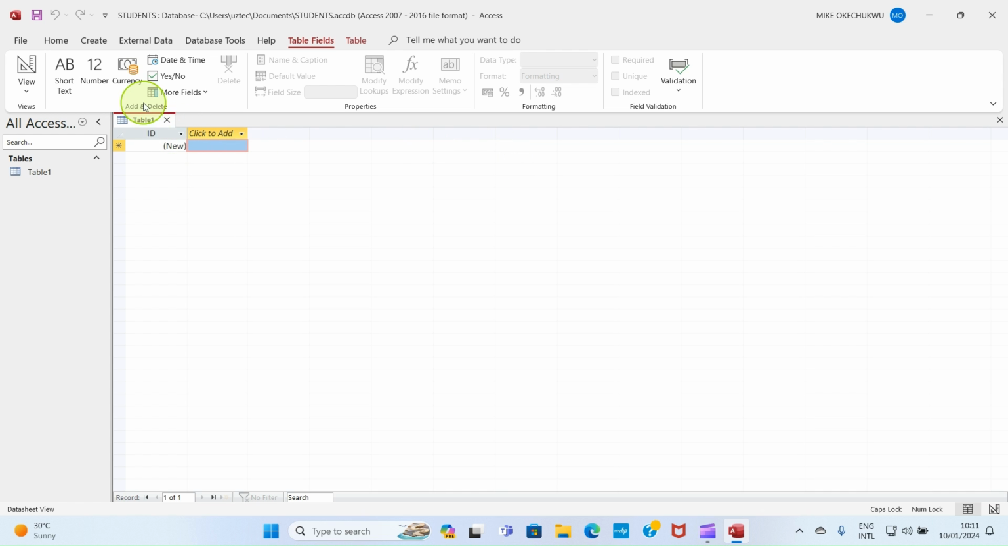Okay, so know that this is field and this is records. Once our database program opens, we are assigned a table, which is where we will be starting our work from. Okay, so we can change the name of this table after we have filled our information. But before we start filling our information, we have to assign field name or field title to each of these